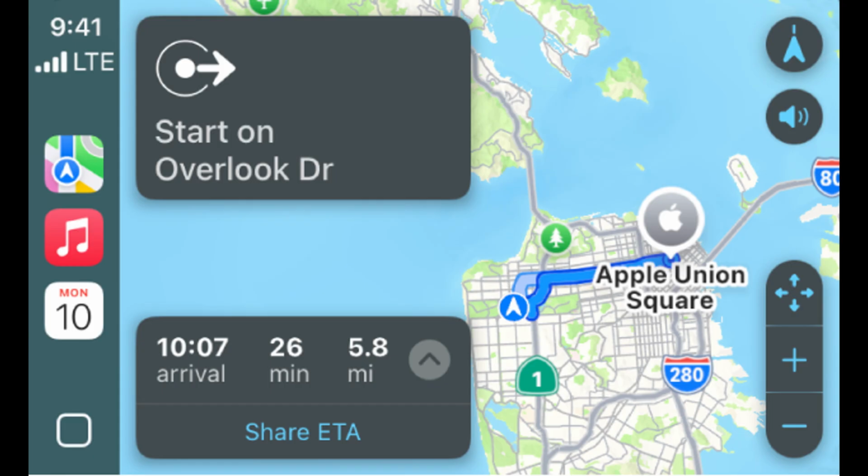You can also use Siri and say something like, find a gas station, give me directions to home, take me to the Golden Gate Bridge, or you can use your vehicle's built-in controls to open Maps in CarPlay and select